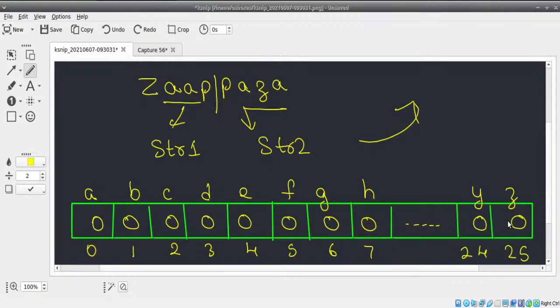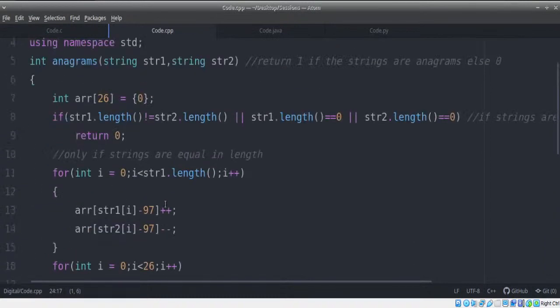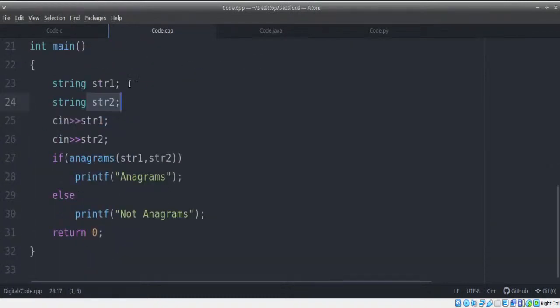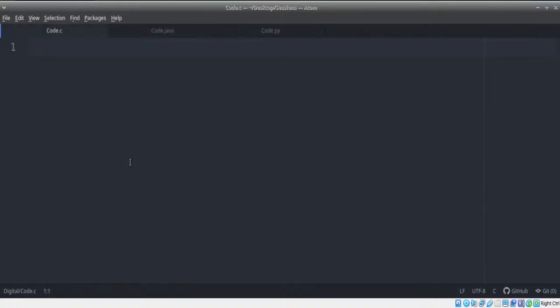Let's say in an interview, assume, forget about splitting into two strings. If it is asked in such a way, this time let's just change this code where we are only reading one string. Now instead of anagrams, let's change it to lapindromes of just one string. So if it is a lapindrome, we're going to print it's a lapindrome. Otherwise, we're going to print,